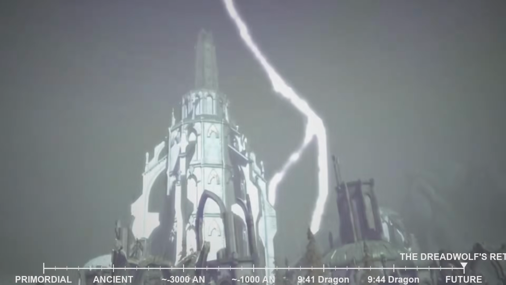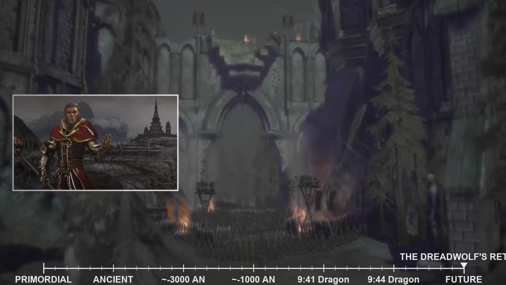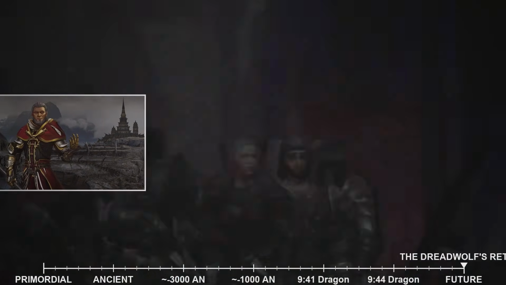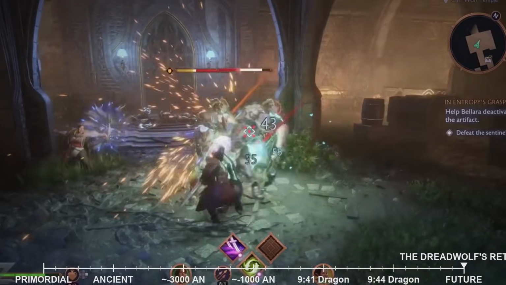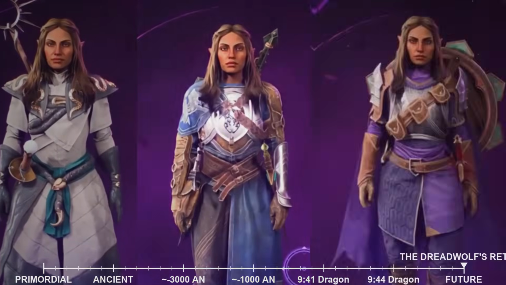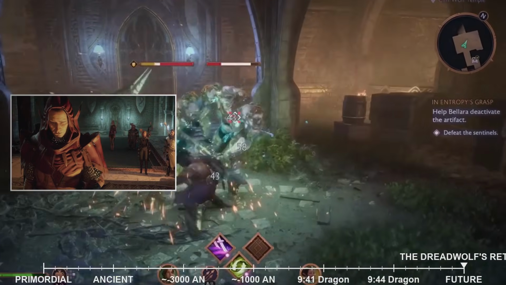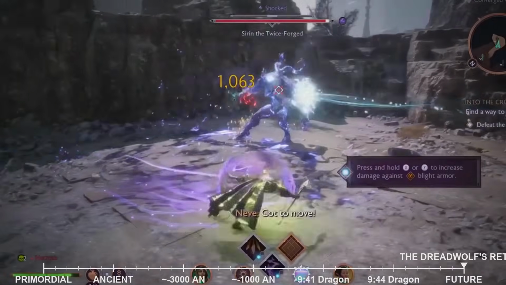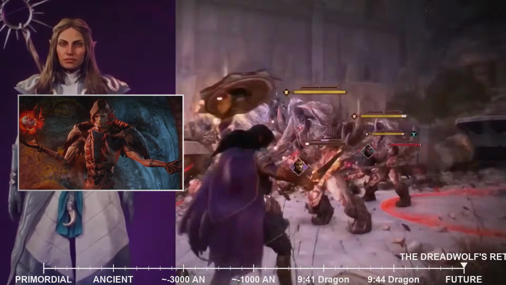The stage for this epic confrontation is primarily set in the sprawling and politically complex Tevinter Imperium, as well as other northern regions of Thedas. This is a significant departure from previous games, which largely focused on Ferelden, Orlais, and the Free Marches. Tevinter, the oldest human empire in Thedas, is a land ruled by powerful mages known as Magisters, a society built on slavery, intricate political maneuvering, and a deep, often dangerous connection to magic.